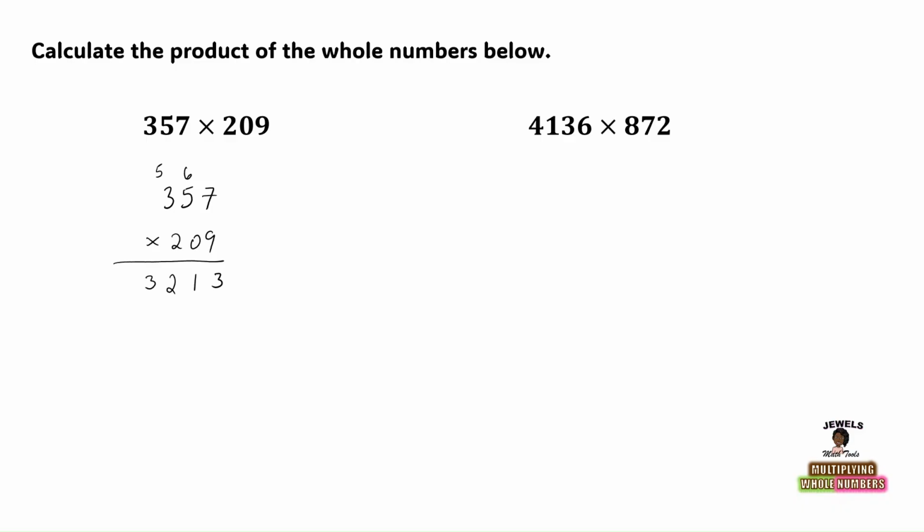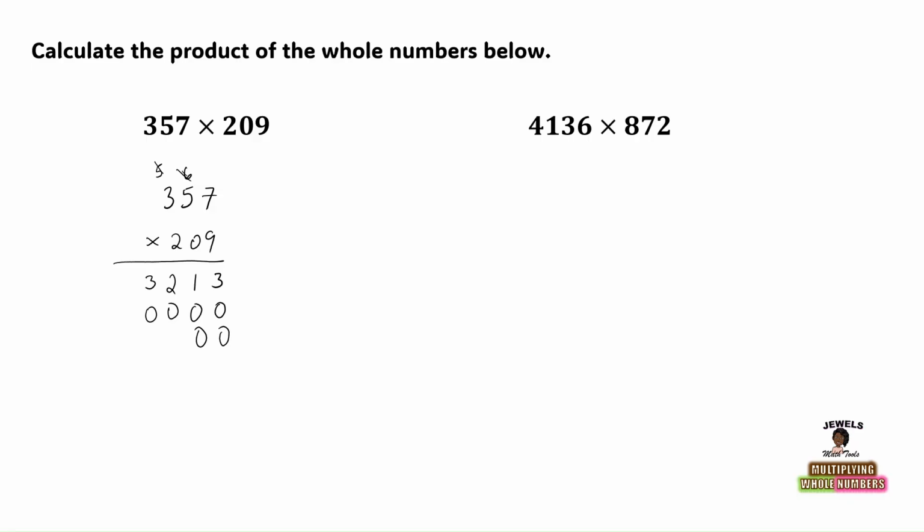Writing our entire 32 down, crossing off my numbers before I begin multiplying by my next digit, and writing in my 0 in my ones column, and begin multiplying by my 0 in the tens. So 0 times 7 is 0. 0 times 5 is 0. 0 times 3 is 0. And I'm now going to begin multiplying by my 2 in the hundreds. So I'll be adding in my 2 zeros, one for the ones, one for the tens,